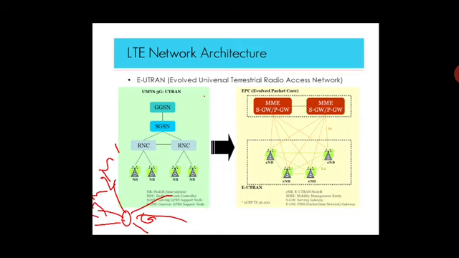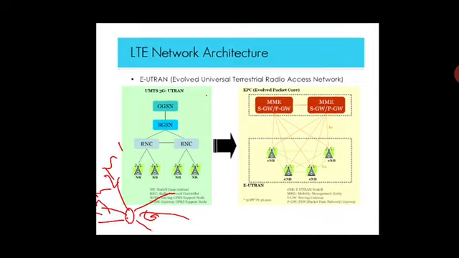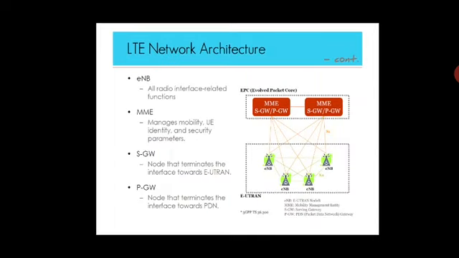This is the architecture of LTE, how the data will flow from one component to another component. These are the components we have mentioned here. ENB stands for all radio interface related functions, meaning BSC. The basic architecture is GSM only, from here only. ENB we call all the radio interface related functions, because my mobile phone gets connected to a nearby station, that is the base station. We call it the ENB.